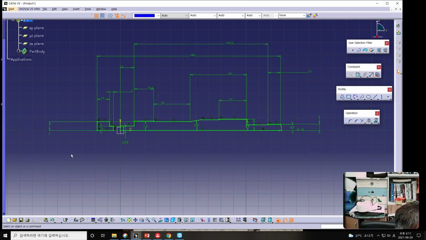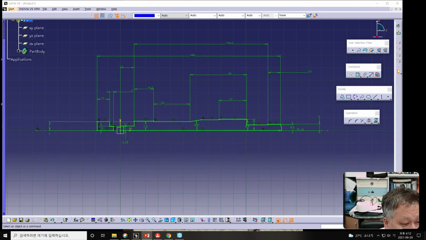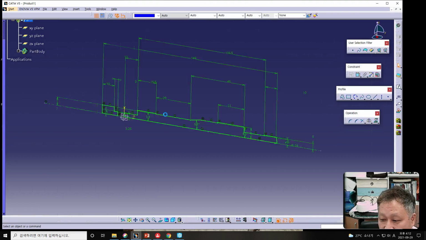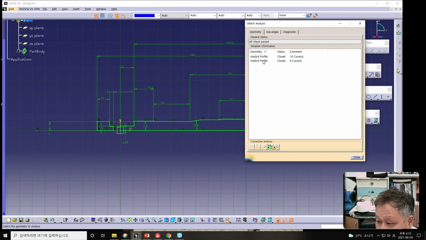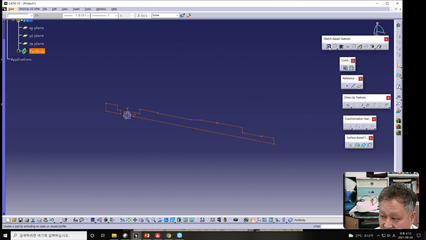And maybe draw a central axis from this one and this one, and if you finish it, then please exit the sketch workbench. Oh, okay, before exiting, we should check the sketch analysis, and if everything is closed well, then exit the sketch workbench like this, and please select